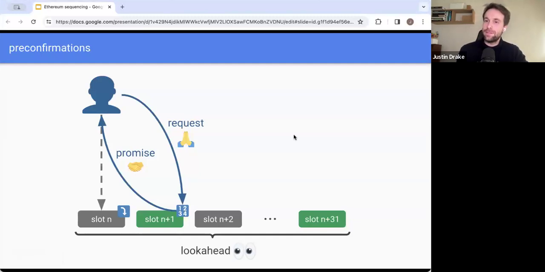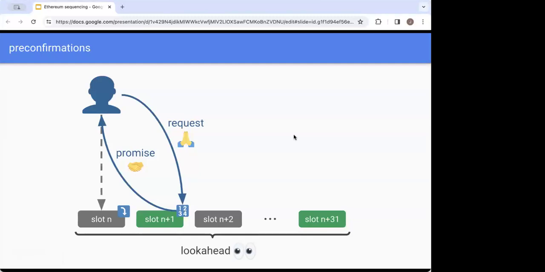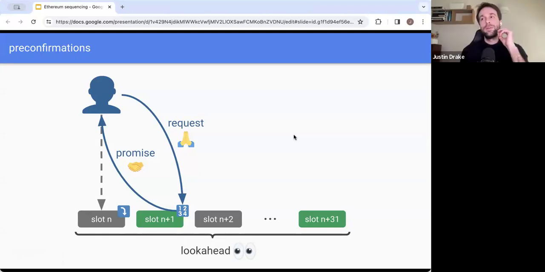Ben. Yeah, so I wrote it in the chat, but I wanted to raise this because I think it addresses some of the concerns being discussed, including from Quintus and what we've been discussing in the last few minutes. If instead of electing the pre-confers just based on the look-ahead, you ran a separate lottery or execution ticket auction, as you're calling it, to decide who the pre-confers are.